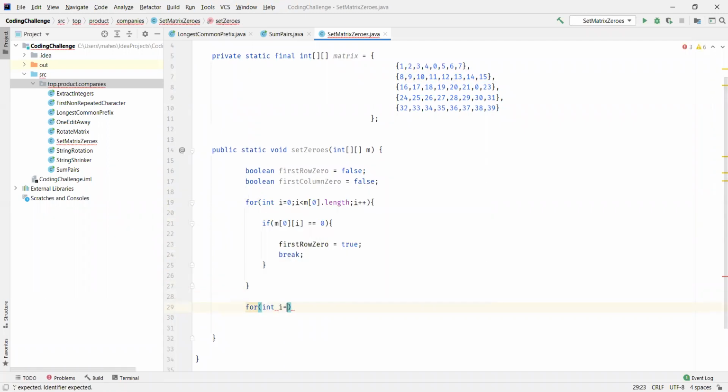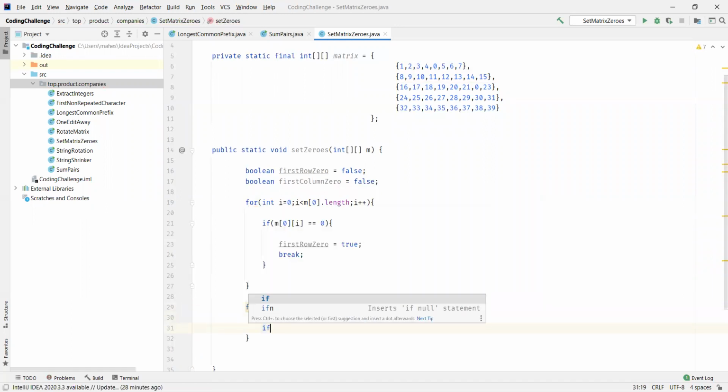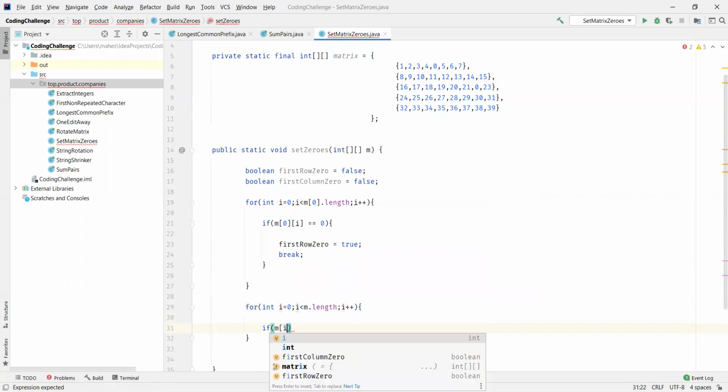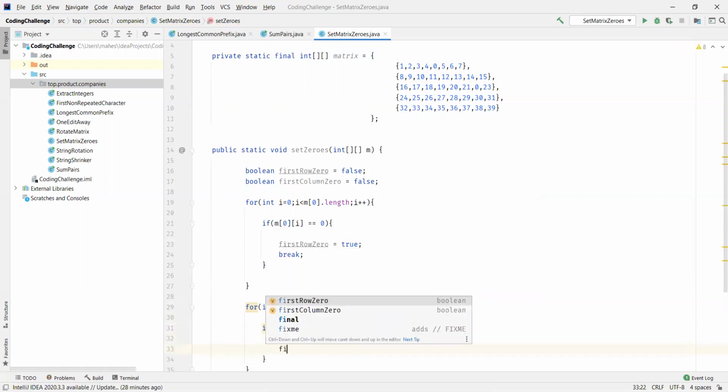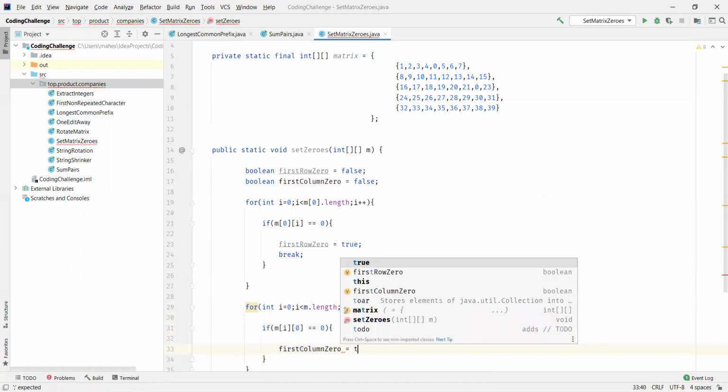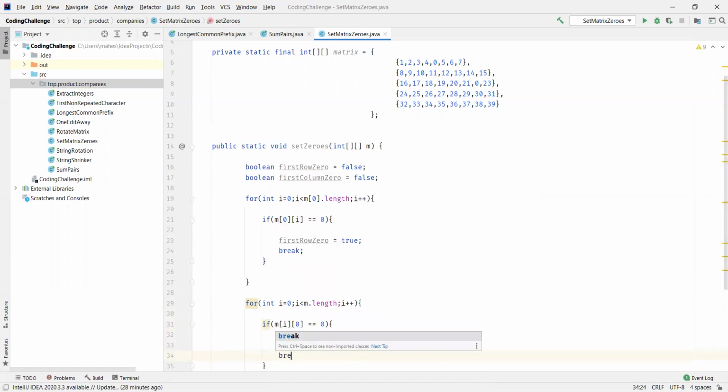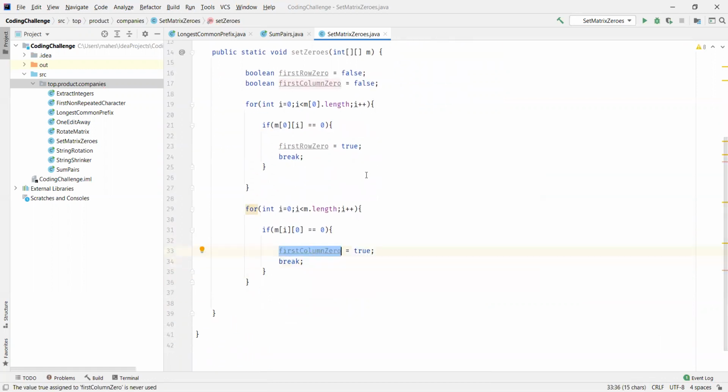And we'll do this to find out columns as well. We'll loop through all the rows for the first column, m of i. So this gives us the first column. If it has zeros, then we'll mark that the first column has zeros and we'll come out of the loop. We'll finally use these flags to set the entire first row and first column to zeros